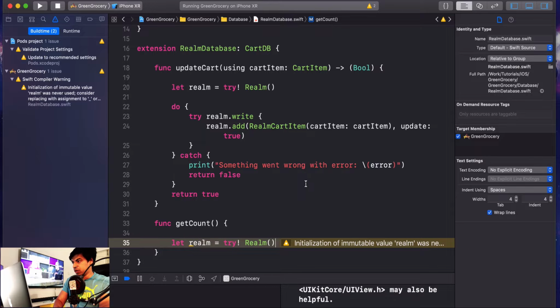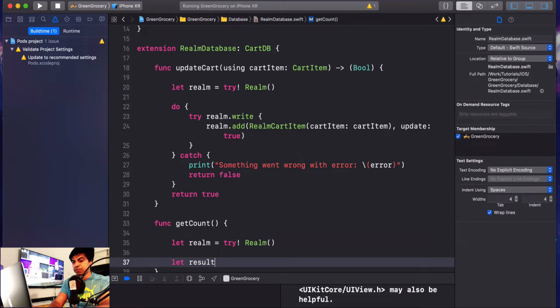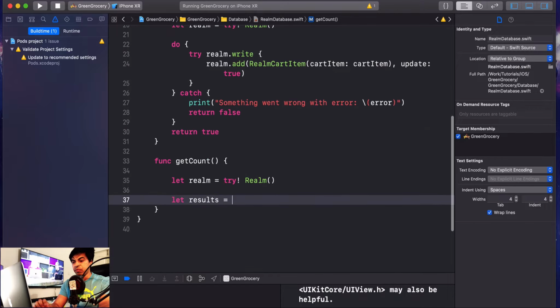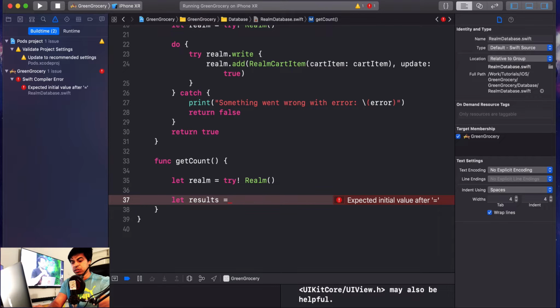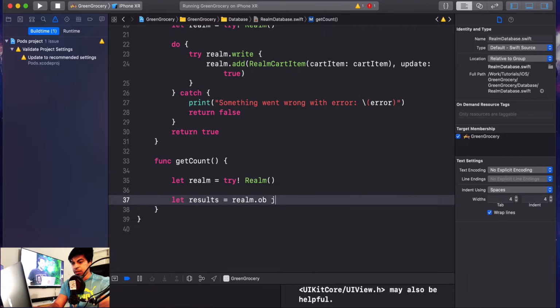And what all things do we need? Let's say we need the results first, because in Realm, if you want to set a notification, you need to first fetch the results based on a filter or something like a predicate. But in this case, we don't need any predicate. We need all the elements which are being added. So plain simple, like objects,